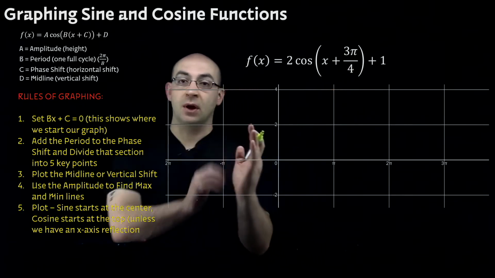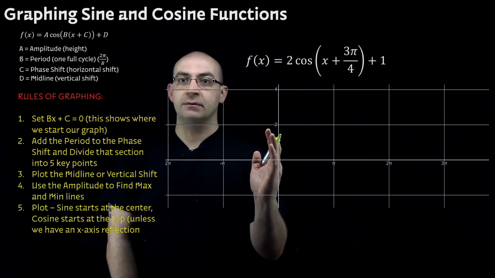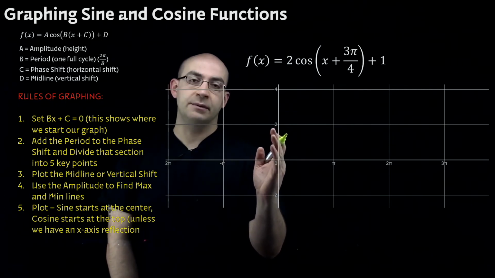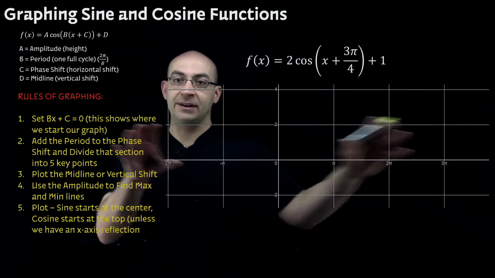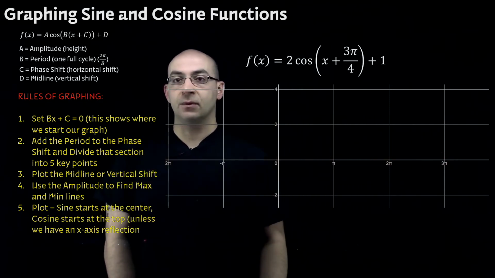So we start from the 0 always, the origin, right? Because that's where the 0 degree mark is on the unit circle, the beginning point. I'm shifting this graph over the entirety of it to the left 3 pi over 4 units. So